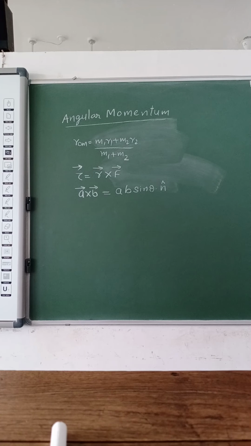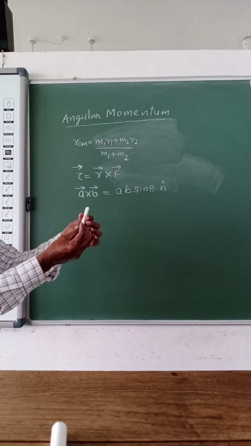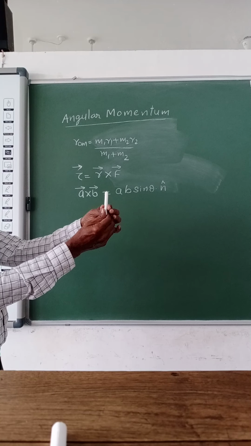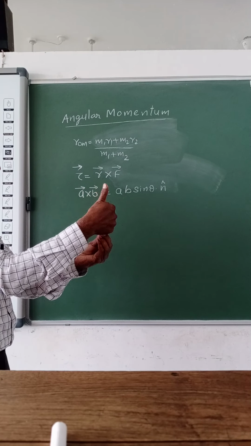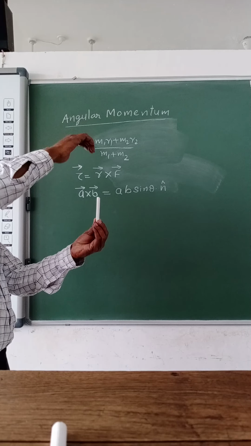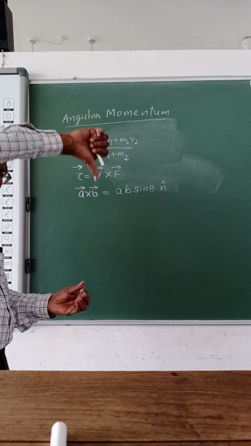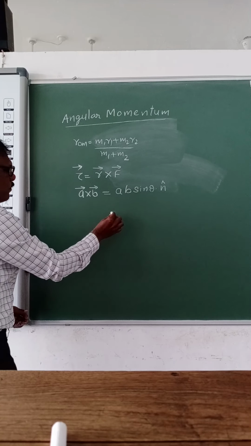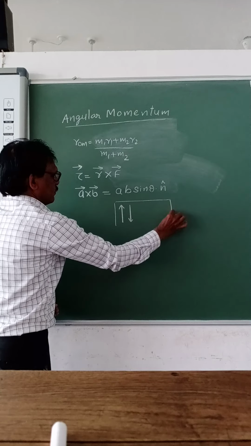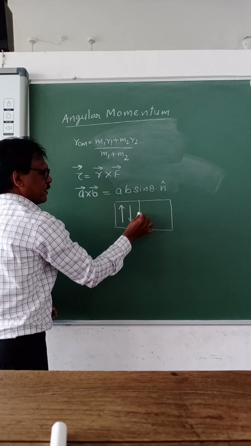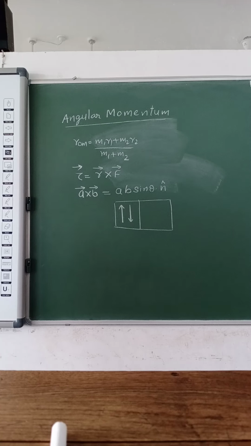And angular momentum is totally related with rotation. You know the angular momentum of an electron. Sometimes the motion of the electron is clockwise, and sometimes it is anti-clockwise. For anti-clockwise motion, the torque will be in the upward direction, and when it moves the other way, the direction will be this. In chemistry, you know plus half spin and minus half spin. This we know, plus half and minus half spin correspond to clockwise and anti-clockwise motion.